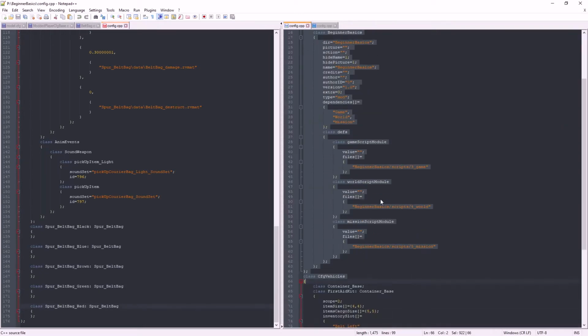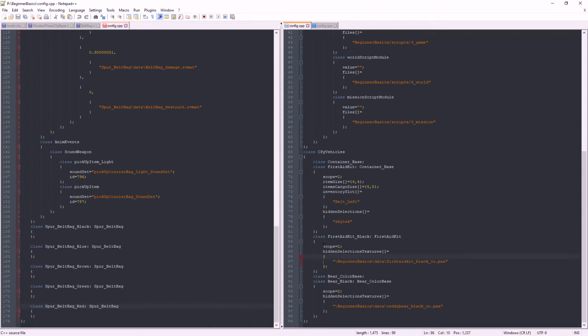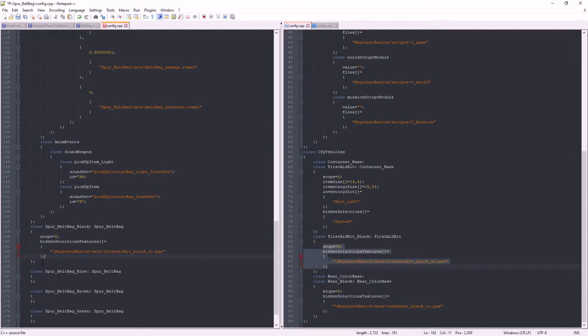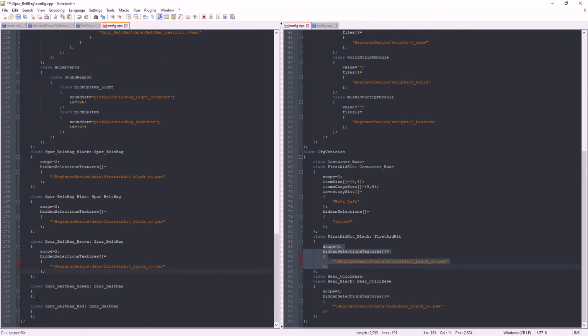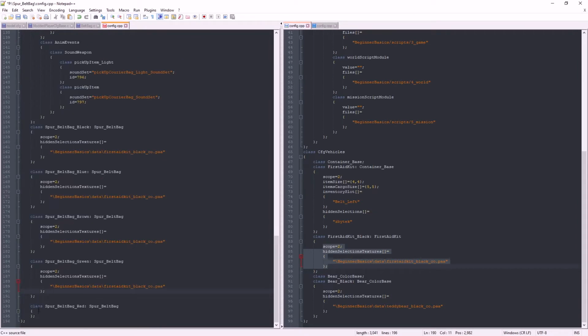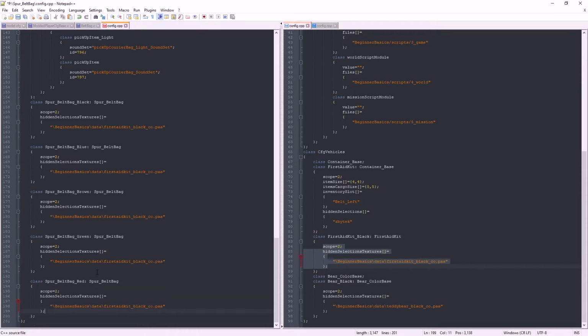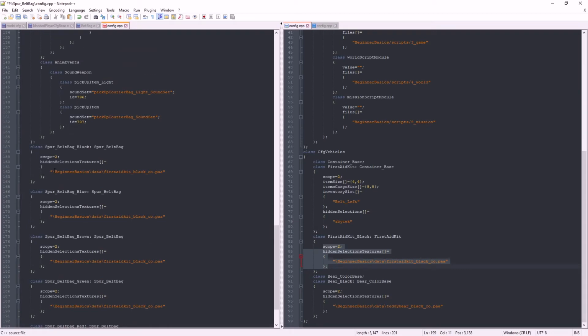Take this as an example. You only need the scope. Scope's not defined in the parent class, or it's defined as 0 in the parent class, or container base. And we need to change all of these to